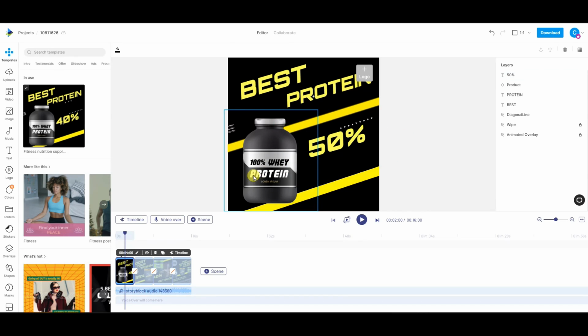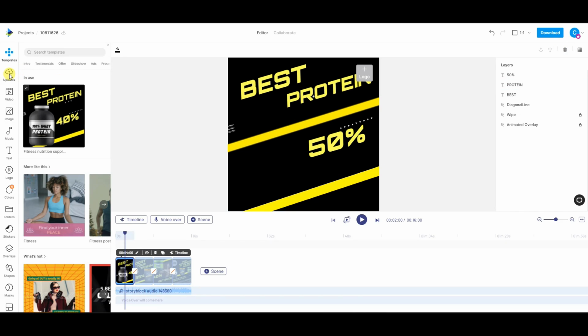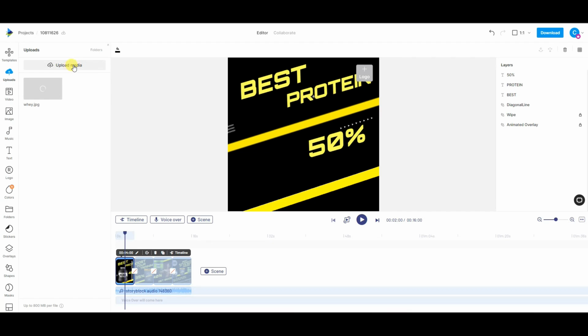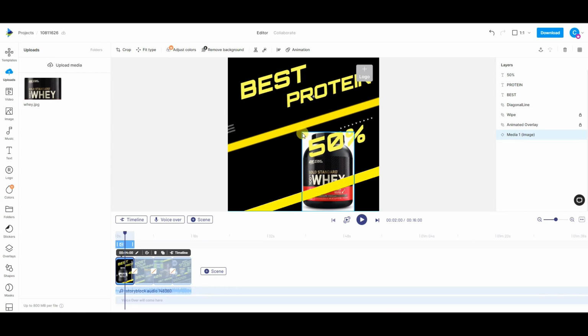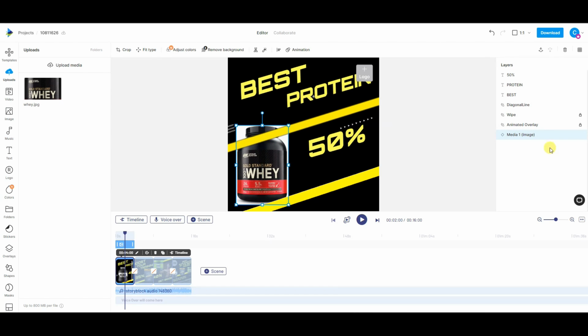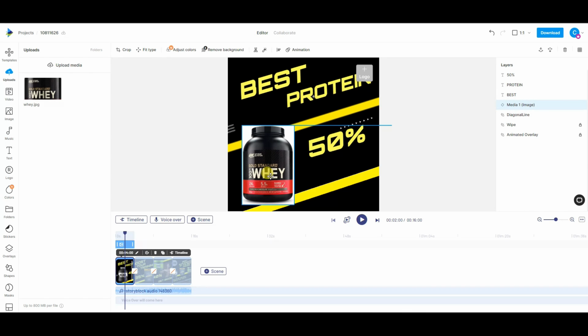Let's say that, for example, you wanted to put your own protein in here instead. So we can see that this layer right here, we would just want to get rid of. So you could just click on this layer here, click delete, and then I could come over here to uploads, and we could upload our own picture here by clicking upload media. In this case, I have this picture of just regular protein right here, and we can see that I could shrink it down, drag it over here, and then we can come over to these layers, and I would drag it on top of these lines